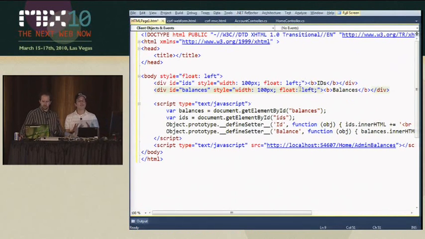So this one is a little tricky, but I'll try to describe it. The key part here is the scripts, where I have this bit of code where I'm going to get these balances, and I'm going to update these divs with this value. But the real part that's interesting here is this line of code right here. I'm using a not as well known feature of JavaScript, where I'm going to define the setter of the ID property. So if we looked at the JSON that he's sending, there's an ID property and there's